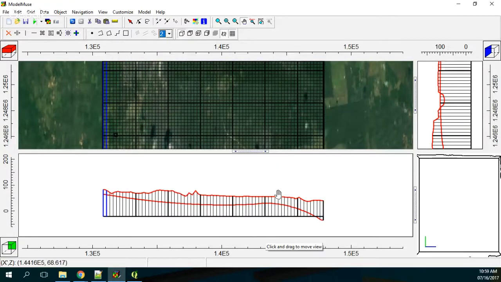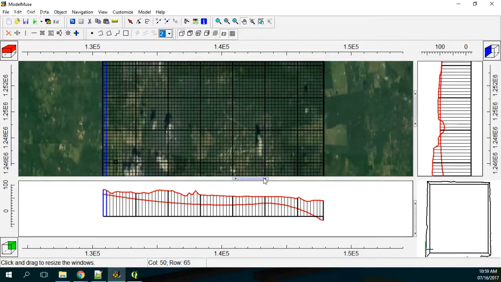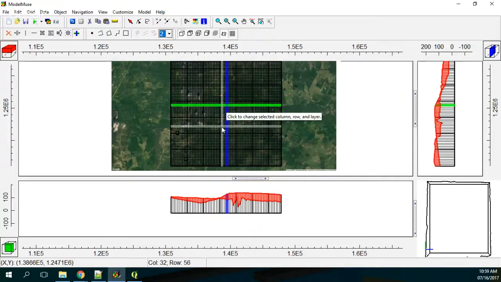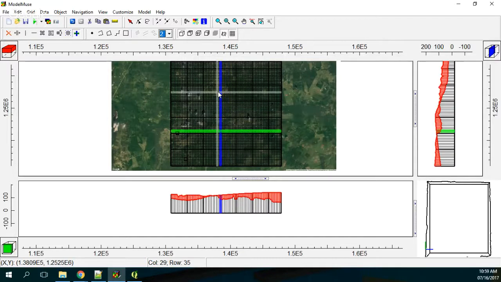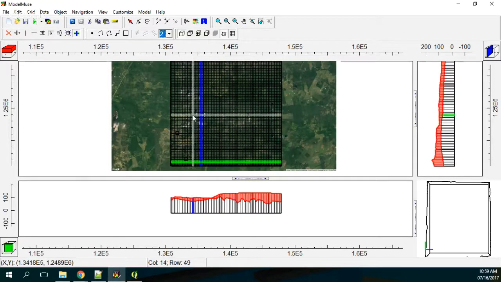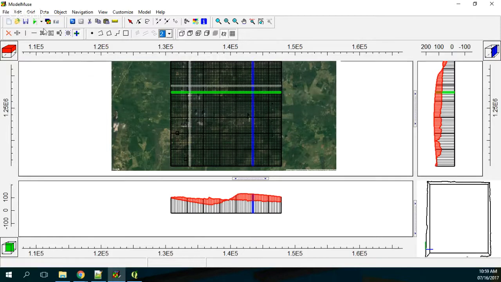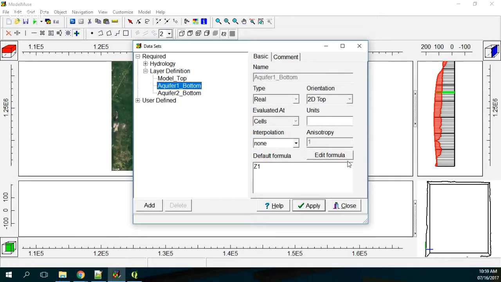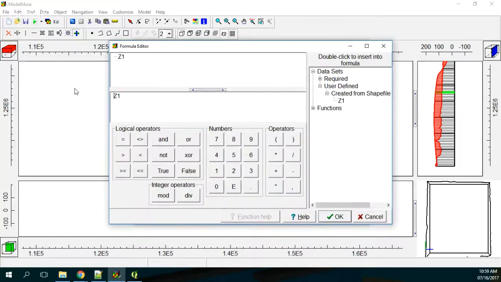Okay, so you have this beauty, but since this is an interpolation, in some part the interpolation is higher than the, maybe you have some outcrops and so on. So then you go to the data sets, this one, and you put an if, and then you put a conditional here and say,